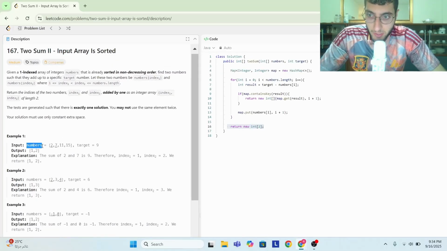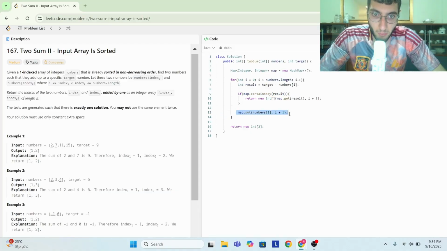We have input numbers is equal to 2, 7, 11, 15 with a target of 9. We created our map, and now we're going to iterate through the numbers array. So int result is going to be equal to target, which is 9, minus numbers at 0. Numbers at 0 is 2. So 9 minus 2, that's 7. Does our map contain a key of 7? No, because initially it's empty. So we're going to skip this. And here we're going to put numbers at I, which is numbers at 0, which is 2. And as a value, we're going to put its index, which is 0, and add 1 to it. So now our map contains 2, and our key 2 has a